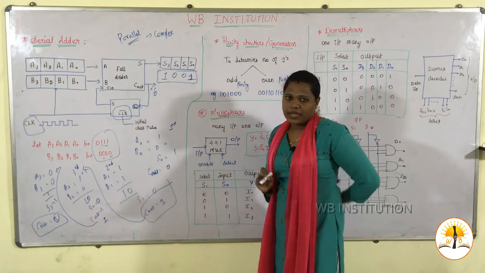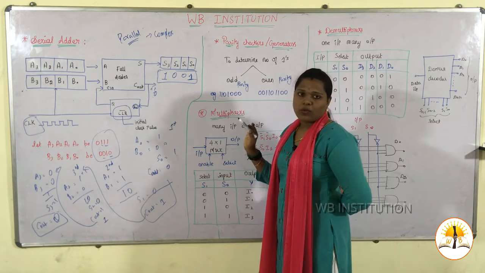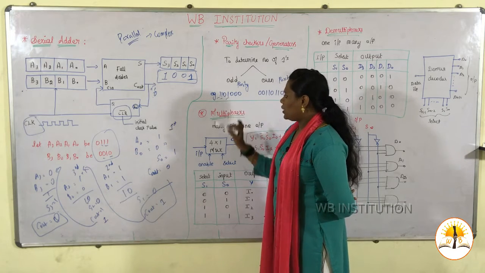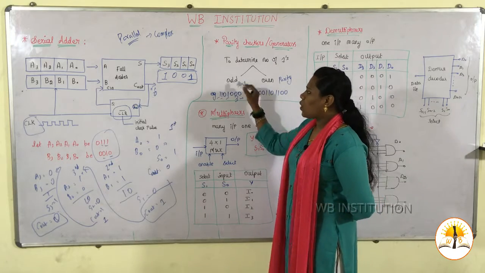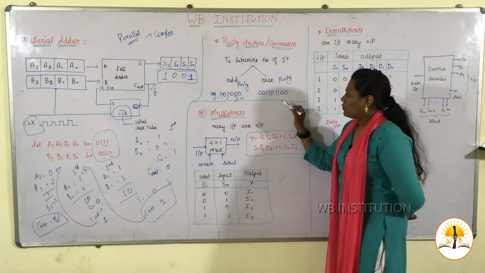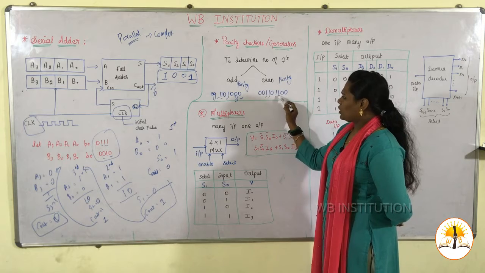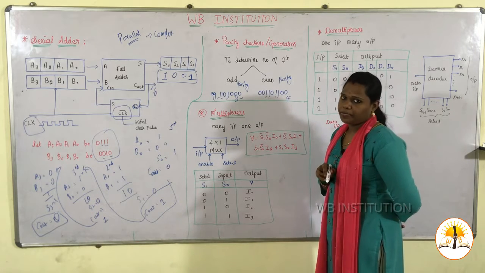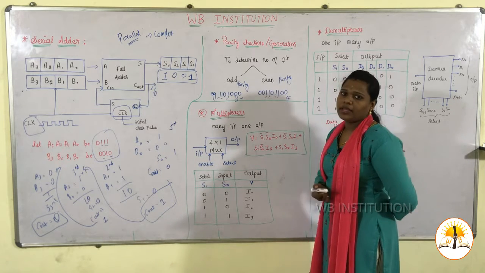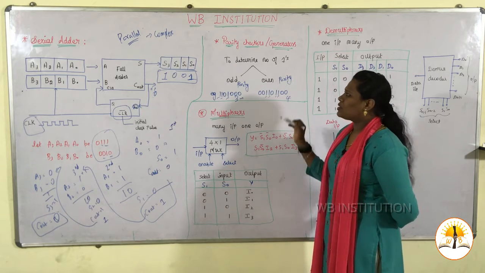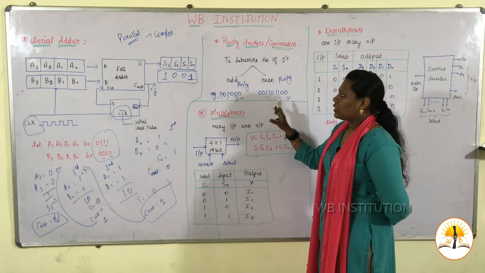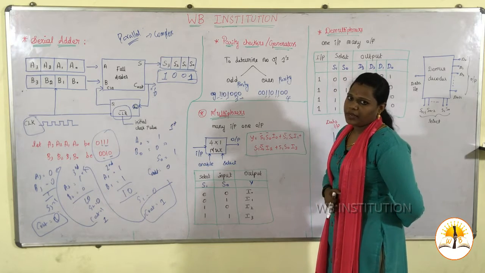So I am just taking any example. Okay, check how many ones are there. 1, 2, 3. 3 ones are there. Is 3 odd or even? Odd. So your answer is odd parity. And go for this one. 1, 2, 3, 4 here. 4 ones are there. Is 4 an even number or odd number? It's an even number. So it is an even parity. So this one is a very simple one. Okay. So just check how many times the 1 is repeated.